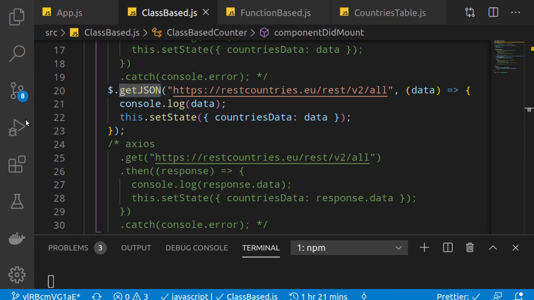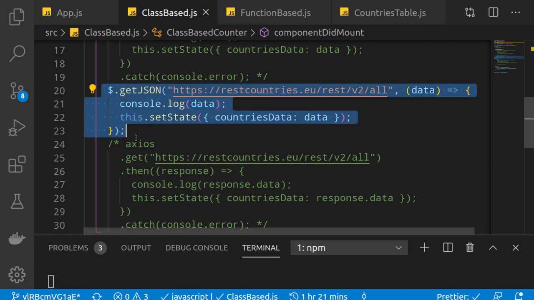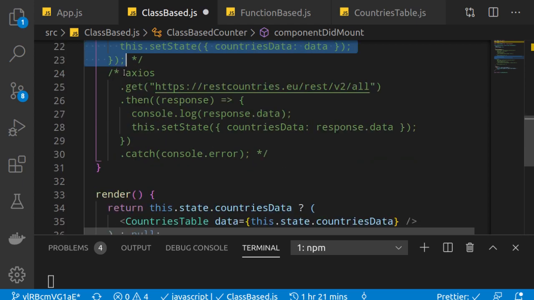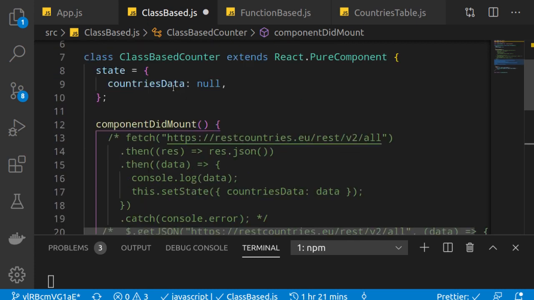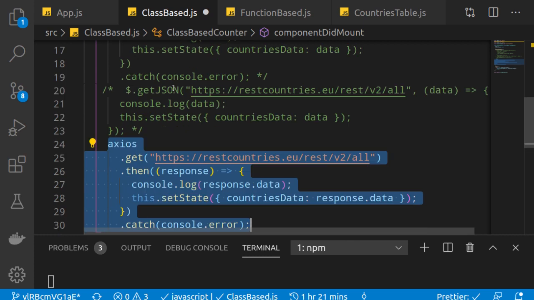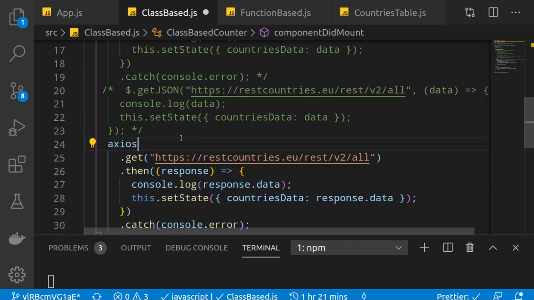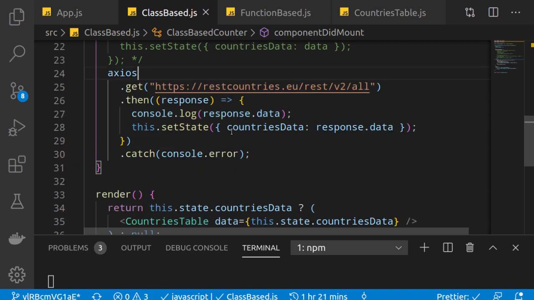The last method, how to fetch data using Axios. So this is the method. So I am not showing it in the functional component because everything is same. The only difference I mentioned you, and this is the final way how we can use Axios, right? So I have already put all these three ways in this code, and I will be sharing the code link in the description, so you can go and download this code and see how this code is working and get more insight into it, right?